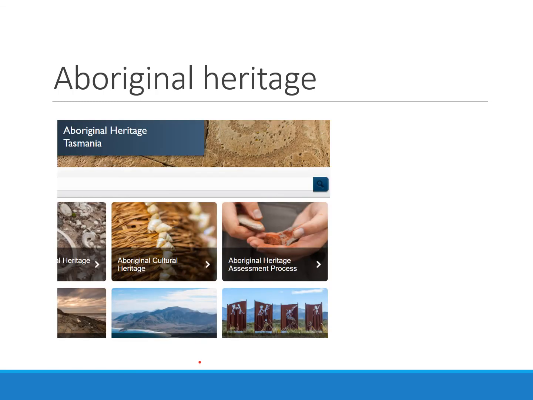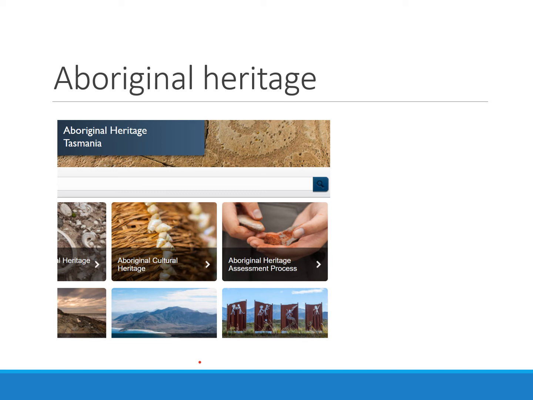As is Aboriginal heritage, an incredibly important part of thinking about how the environment is affected. Unfortunately, unlike European heritage, Aboriginal heritage is dealt with incredibly poorly in law in Tasmania. It has its own separate act. The act desperately needs updating. It dates from 1975. It has been partly updated, but it is in the process of a really thorough overhaul at the moment.